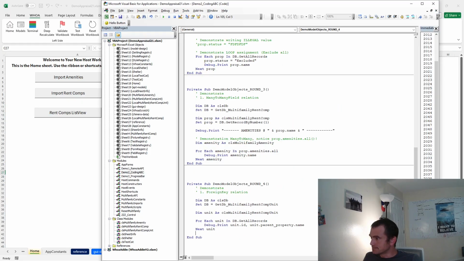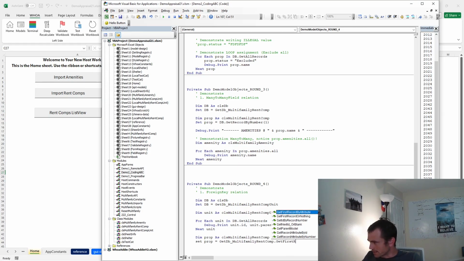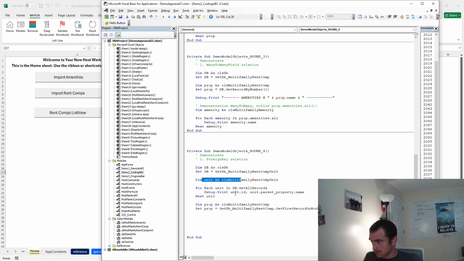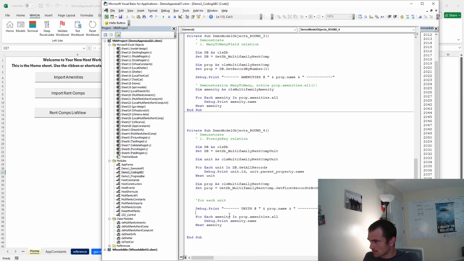Do you think it'll work on the first time? Let's find out. Set prop equal to get DB, get first record or nothing, dim. We already have a dim unit variable up here, so I'll just keep using this one. For each unit, steal this actually, units at prop.name. Get associated units. What did I call it? Just associated units. Unit dot,